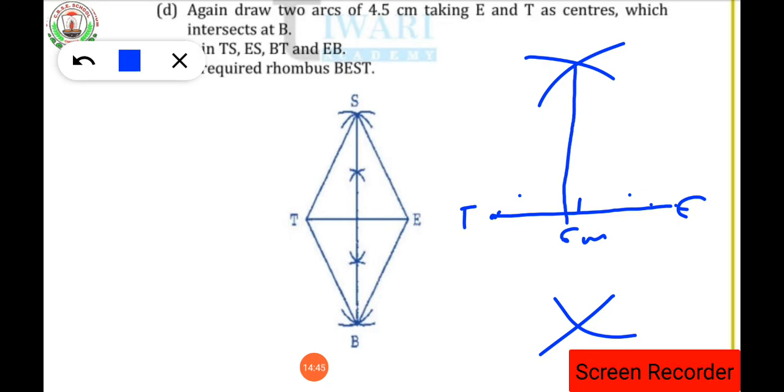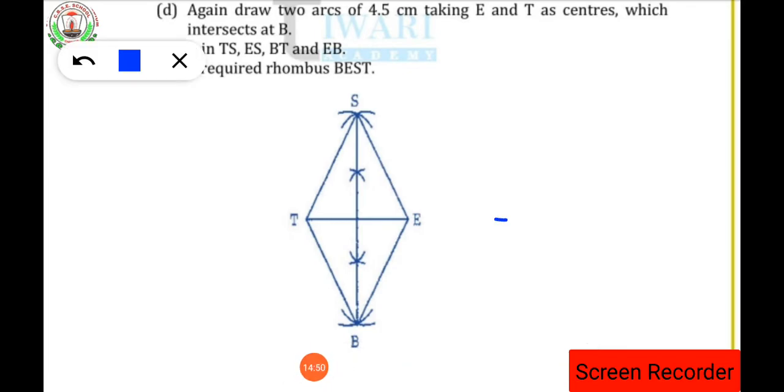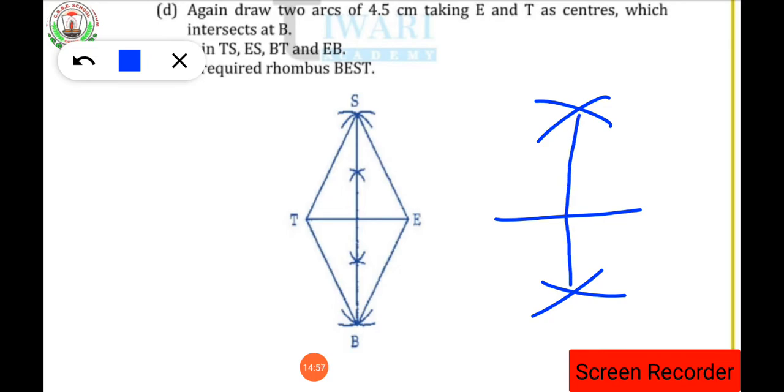You have to draw one straight line joining the arcs. Clear? So you have to draw one straight line so that you can join it. Clear up to here? Now after this what you have to do is draw an arc of 4.5 centimeter, taking E. Since this one is E, this one is T. Now with the help of your rounder you have to measure 4.5 centimeter on the mouth of your rounder, then keep the needle at point T, here at point T, and draw an arc.